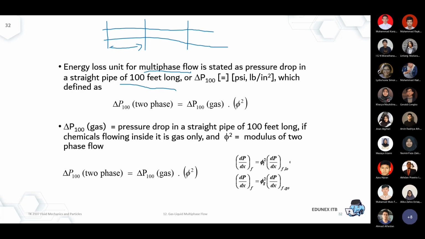So they proposed to calculate the first delta P per 100 feet for the first segment of the pipeline, and then when the pipeline is longer, the next segment will be calculated as the next 100 feet pressure drop, and so on. Why? Because the physical properties inside of a long pipeline could already vary, so it was proposed to calculate for every 100 feet.